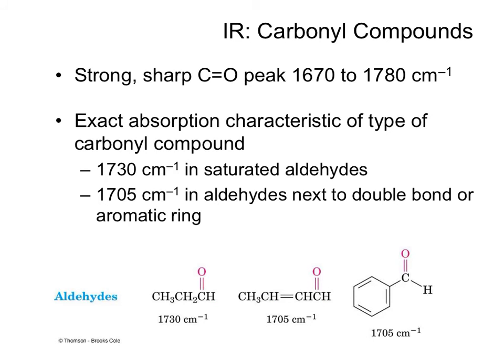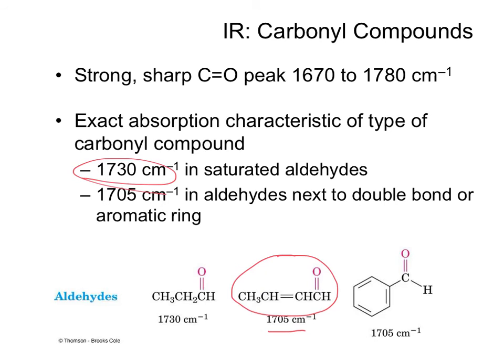Depending on whether it's an aldehyde or a ketone, and whether the system is saturated or whether there is resonance associated with that compound, the peaks are going to be somewhere around 1690-ish or so, all the way to 1730. And then realize that a carbonyl could also be present in a carboxyl. So if it's a carboxylic acid or an ester, that tends to go a little bit higher, around 1750-ish or so. But right now I want you to think about why is it that when you have benzaldehyde or cinnamaldehyde,